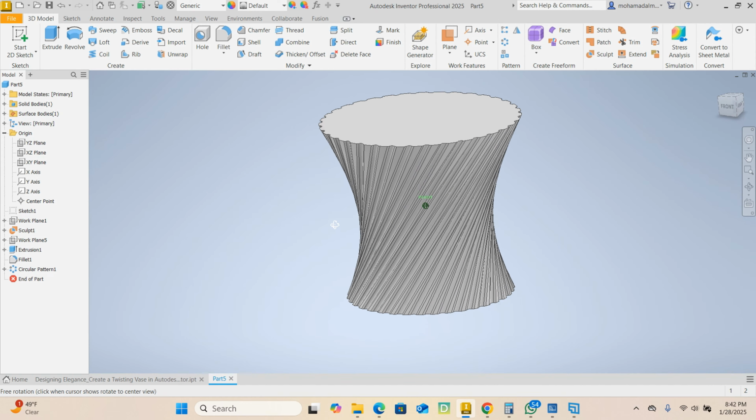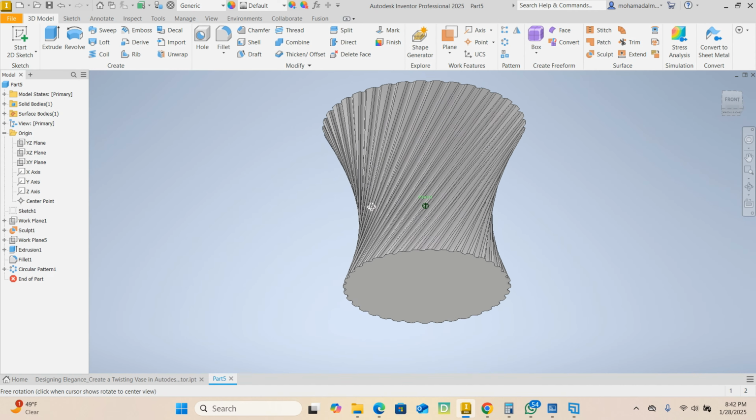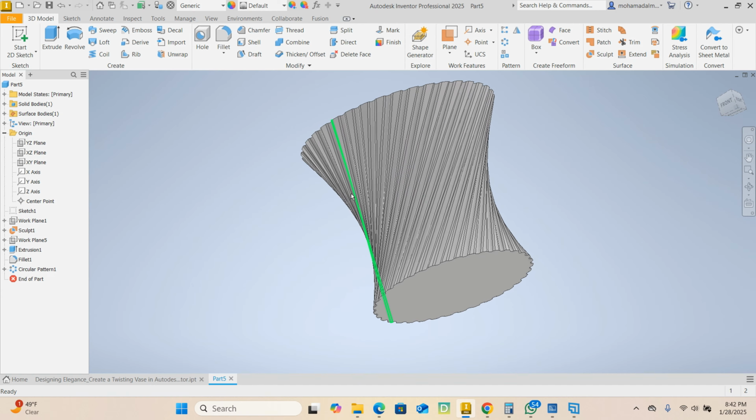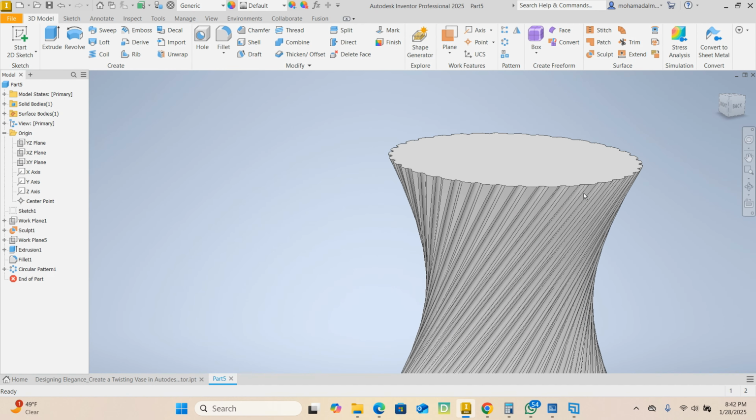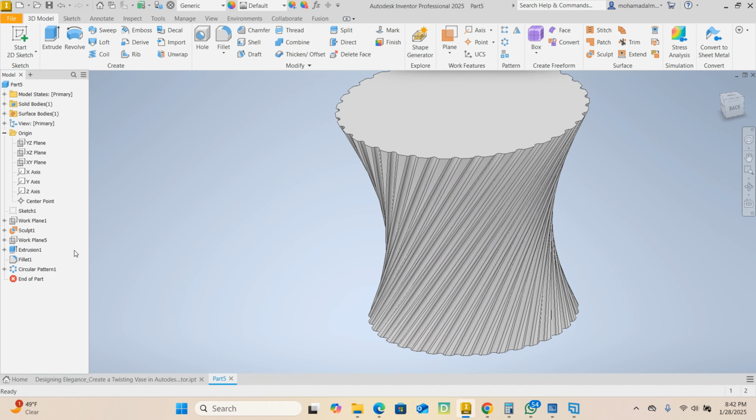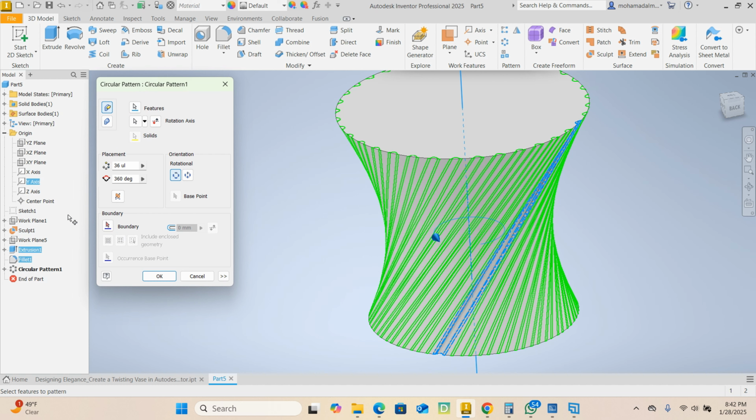All right. Okay. Now what can we do? What's missing? What is missing? Actually, you know what? I'm going to change my circular pattern. So go ahead and add to your circular pattern